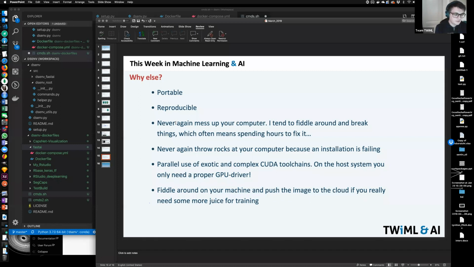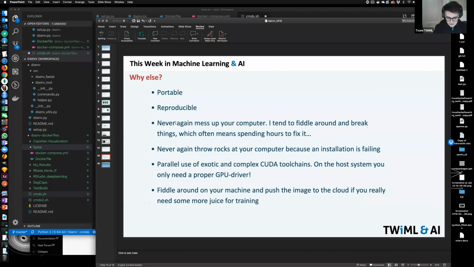You can go for it. And that's probably my most important reason to do this. Also, you can use this kind of environment and directly port it to an AWS instance, for example. So you try it on your workstation, and then when you need more power to train the model, you can just deploy it to AWS as it is, and you don't have the hassle of comparing the two